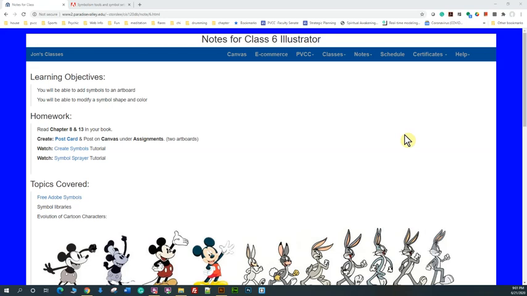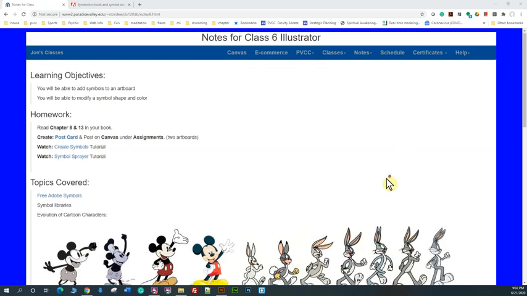Hi, welcome to Note 6. What we're going to do today is talk about some of the different presets that you can have for Illustrator in terms of dimensions that you can use for, like, a postcard, which is one of the assignments today. Before we get into that, I do want to show you